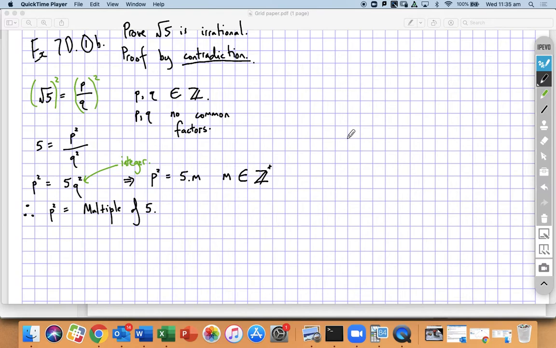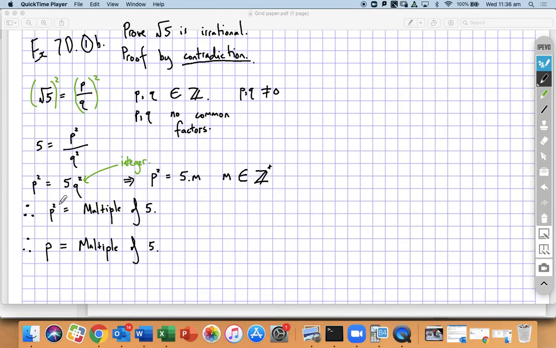Okay. Maybe up here I should have said we can't have P or Q equal to 0. Another one of our conditions up here, P and Q cannot be 0. Right? All right, now what we want to be able to do is go from this step here, P squared is a multiple of 5, to this, therefore P is a multiple of 5. And you need to stop and think about this. Is this really true? And the answer is yes, it is, but